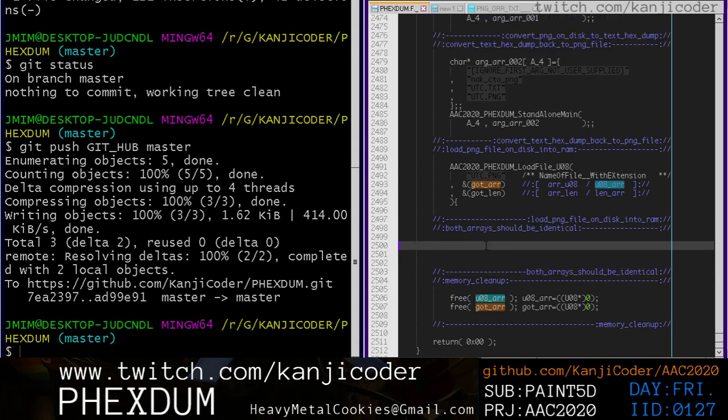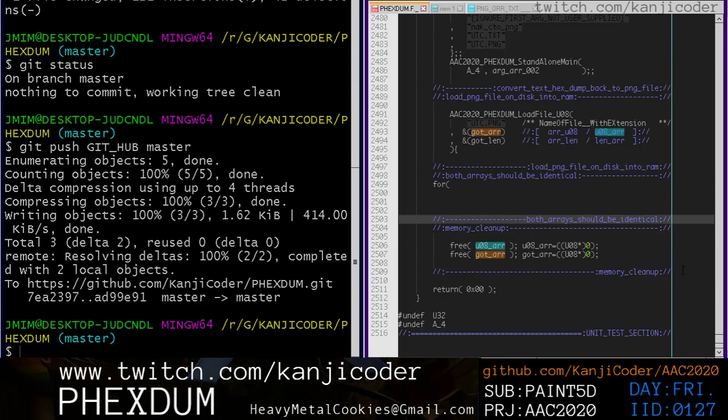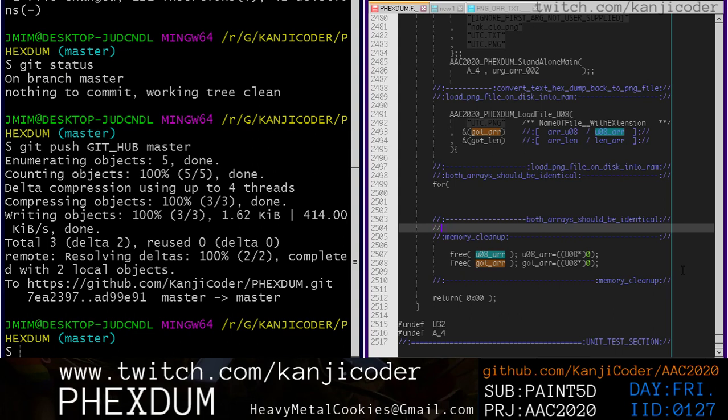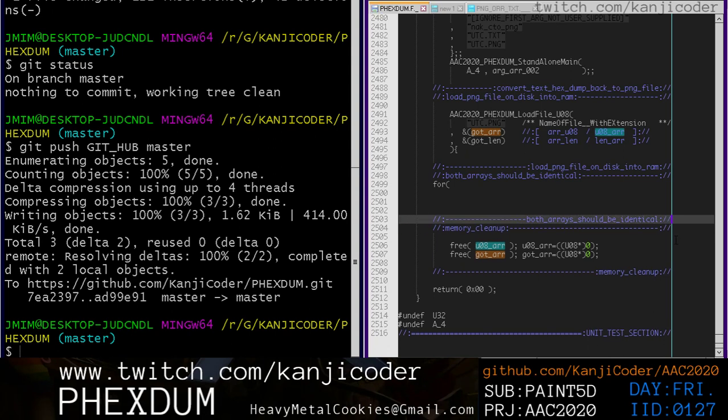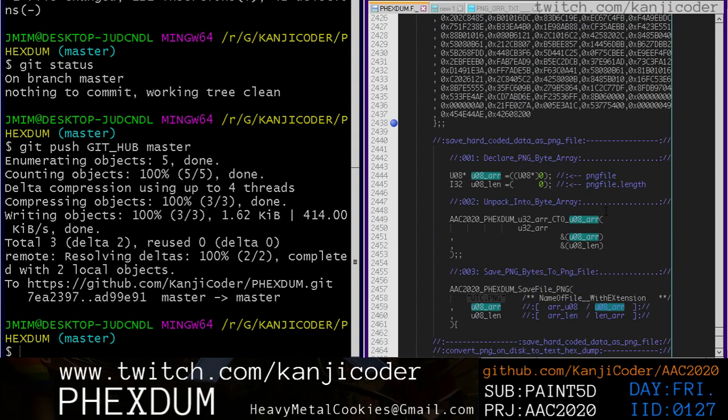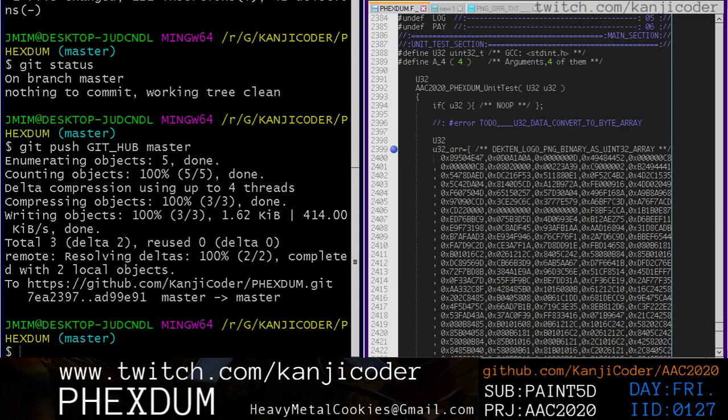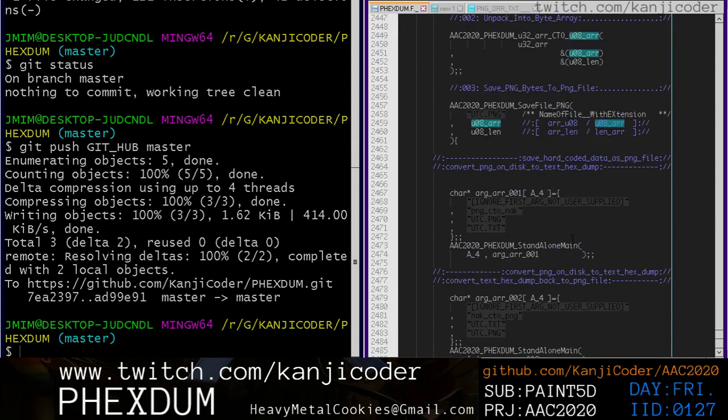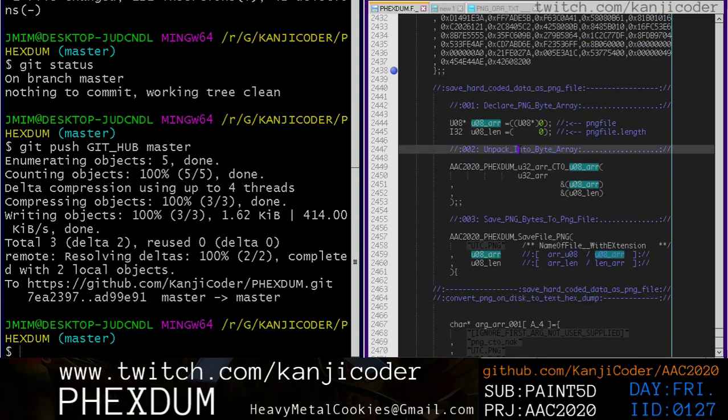So we're going to say that both arrays should be identical. So this right here,